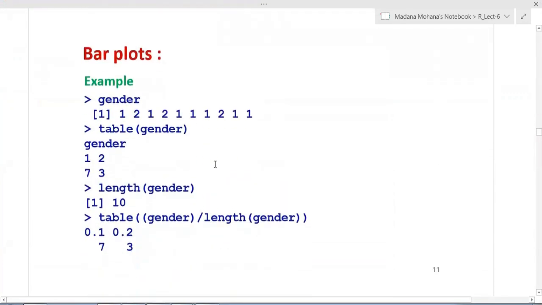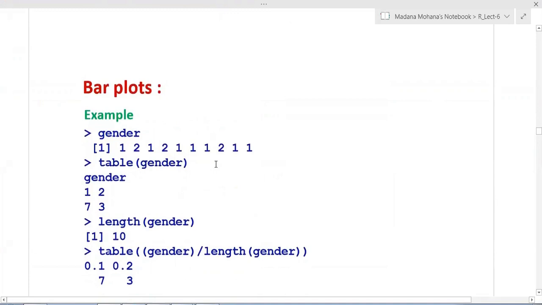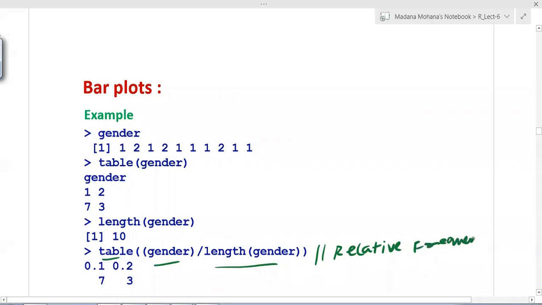Similarly, for relative frequency. Now you can see first how to find out relative frequency. The relative frequency formula is table of gender by length of gender. This is called as relative frequency. So using this formula, now for this you can apply bar plot.